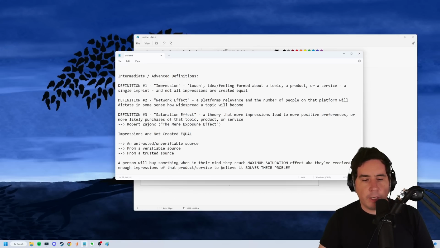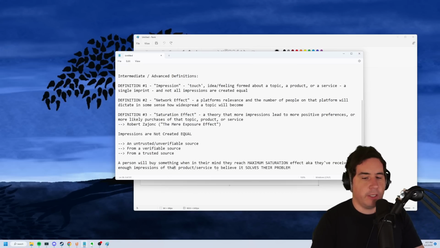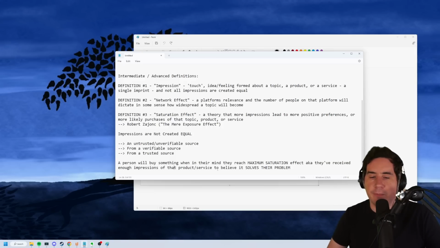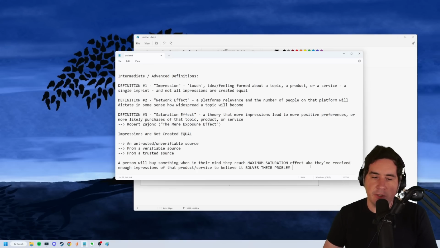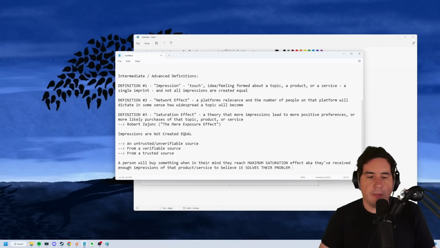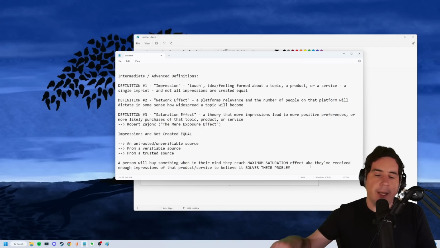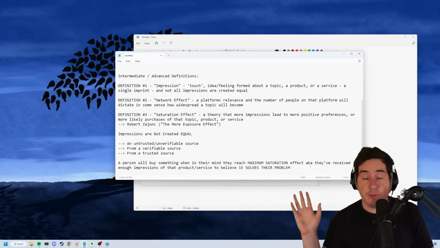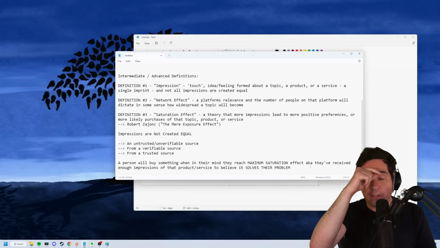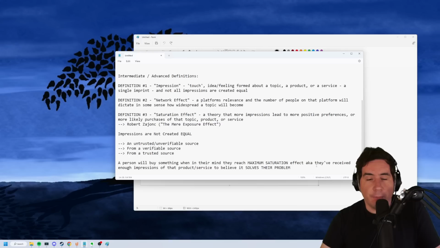Why do people buy anything? Why do people do anything? They are always trying to solve a problem, even if they don't know what that problem is. Why do you buy a gym membership? Because your problem is you are not fit. People don't like you because you are the blob and you roll around, and nobody likes that. So you are going to purchase a gym membership. Why do people buy courses? Because they want to learn a skill to make more money. Why do people download and pay for premium dating apps? Because they want to get a girl or boy. Every single thing that is ever bought in this world, debatably that is ever done in this world, in an outward effect, is done to try to solve a problem that somebody has.